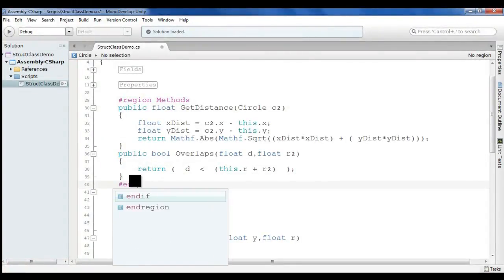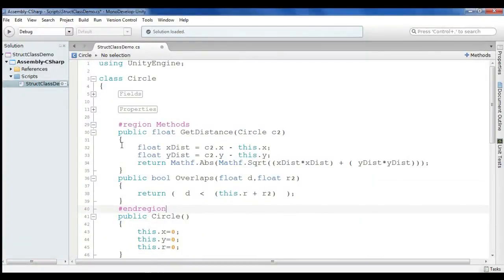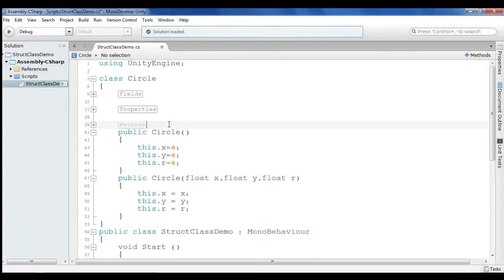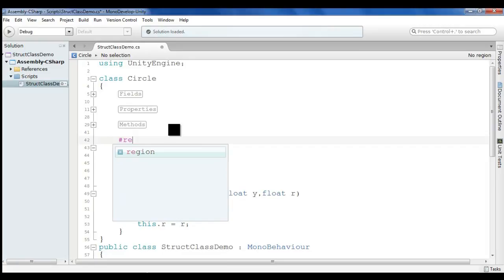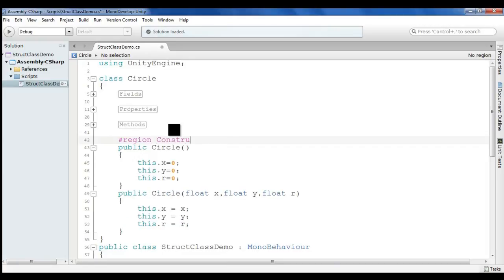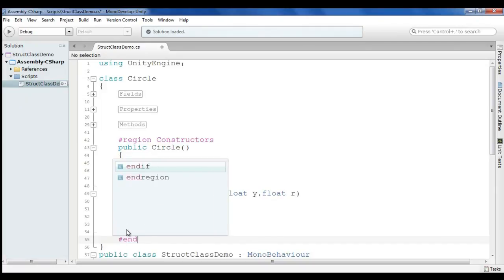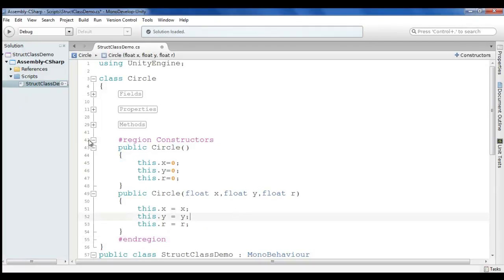Hash end region, right? I put it here. Then I create here hash region constructors, hash end region. Now I can collapse and expand them whenever I want.